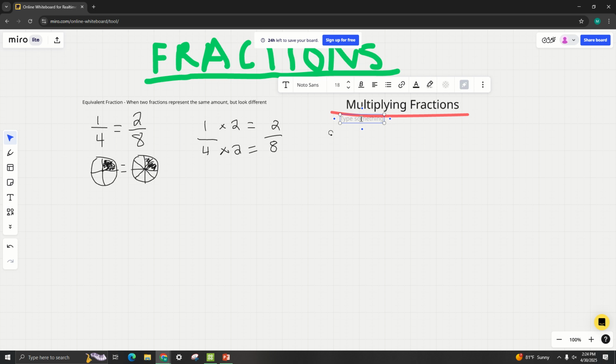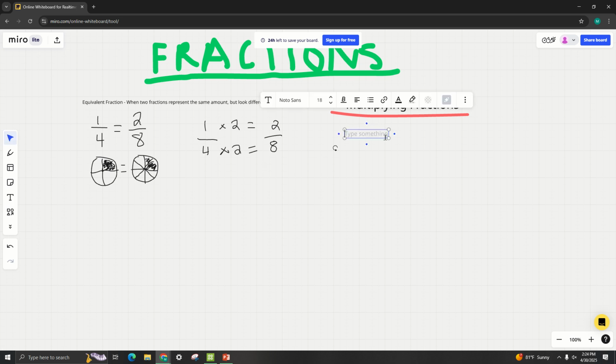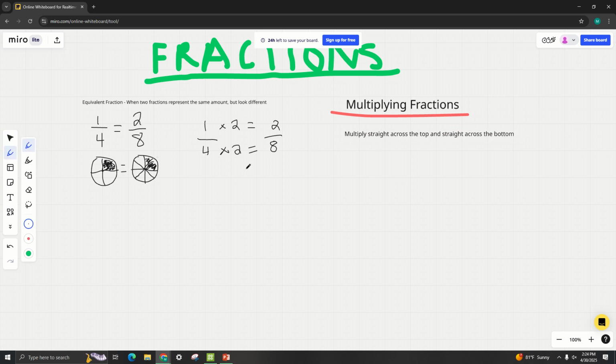I'll make that smaller again. Hold on. I want this to be different. There we go. Okay. Multiply straight across the top and straight across the bottom. That's our rule for multiplying fractions. So let's see it in action. Let's do something like 3/8